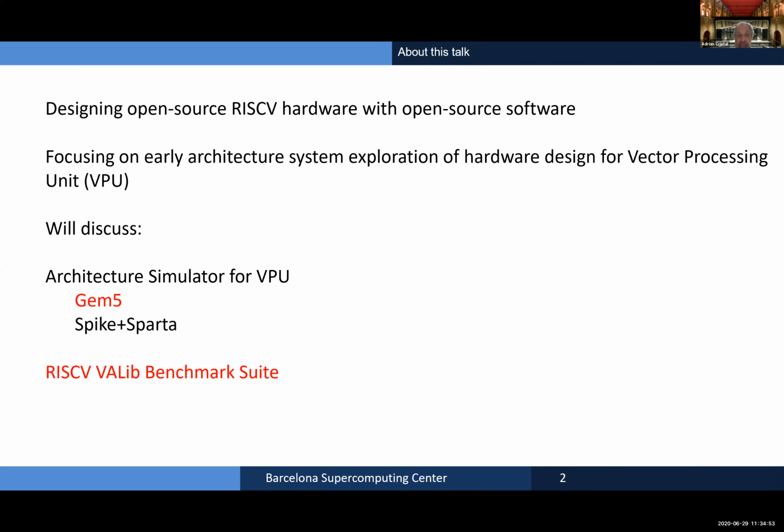Why gem5? First of all, we are not going to construct any chip if we don't do a simulation first. So we need a very detailed simulation in order to prove different alternatives and new ideas. And gem5, I will say, is at least in academia, at this moment, one of the most useful or most used simulators. They have different CPU models, interconnection topologies, memory subsystem, and there's a very large community behind it.